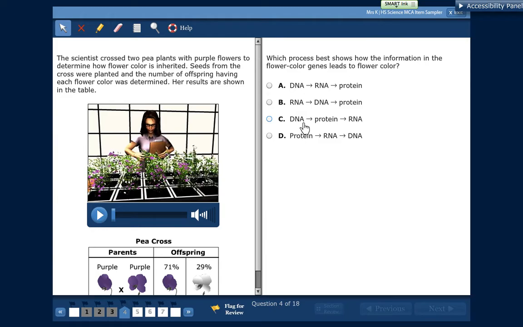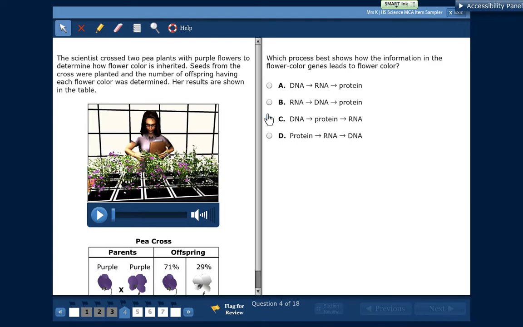Which process best shows how the information in flower color genes leads to flower color? So this is just the order of things, the central dogma. DNA, remember, starts out in the nucleus and holds the master plan, the instructions. So automatically we could eliminate it to just A and C because it always starts with the DNA, which is